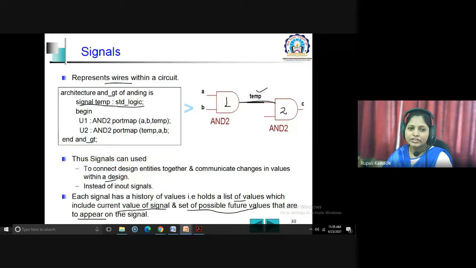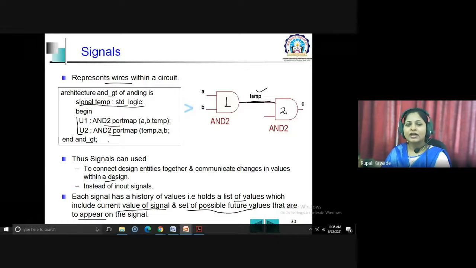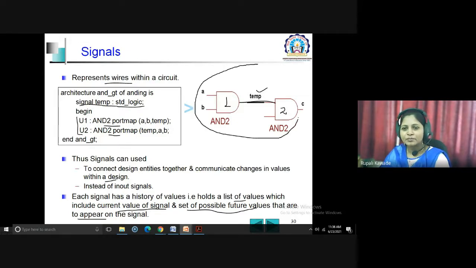This code we have not seen. That's why I have not told you about this. So what is this port map? Now we have seen the structural modeling style, right? In the structural modeling style, we are using the pre-compiled unit and just making its interconnections. Fine. So for this particular design, this is the logic diagram.